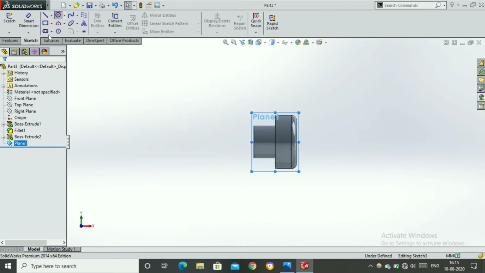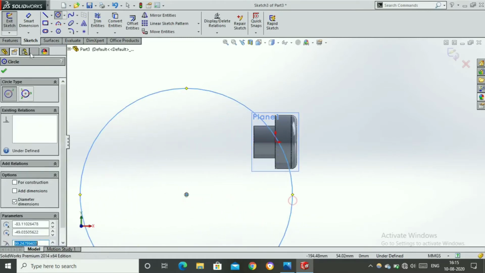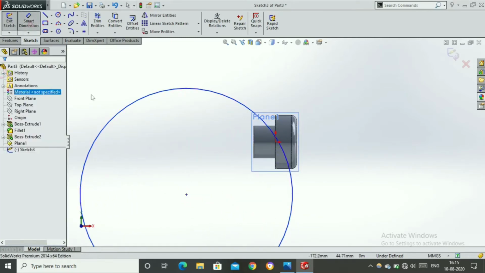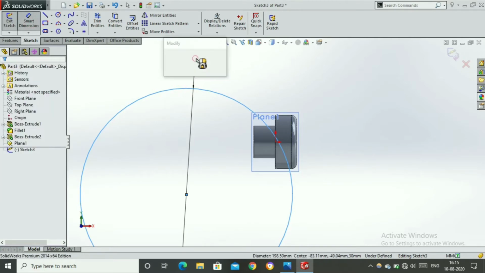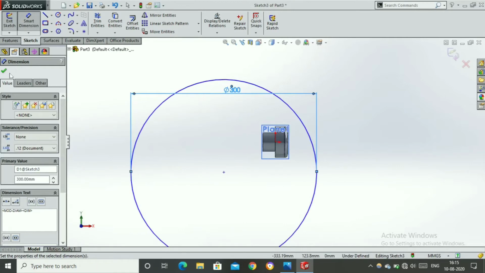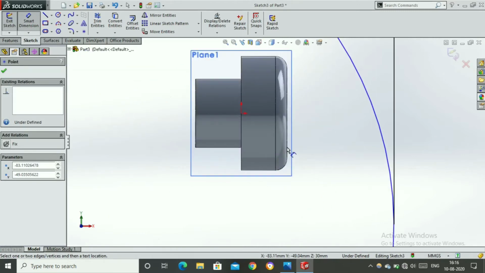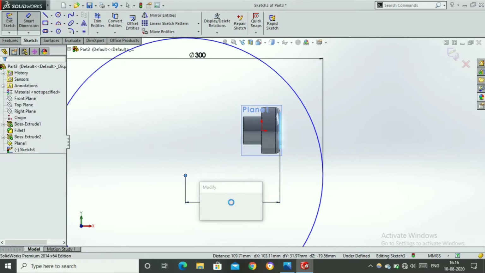Now let's take a circle, circle of diameter 300. Okay. And the distance from the center point to the edge of this cylinder is 90.